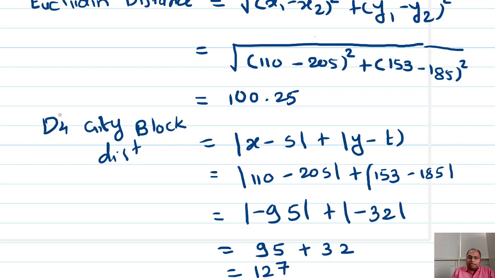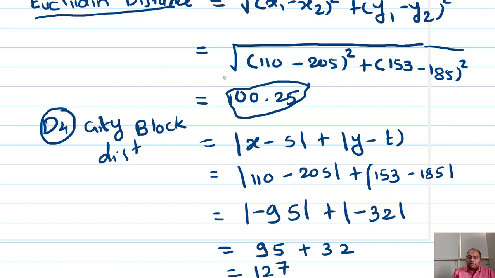127. So remember that the Euclidean distance and this city block distance have different values. The Euclidean distance we can calculate directly from one pixel to another pixel. But while calculating the city block distance, we cannot move directly from this pixel to the diagonal pixel. That limitation is there, which we will check in the further slides. But remember that the Euclidean distance and the city block distance for the same pixels will have different values.